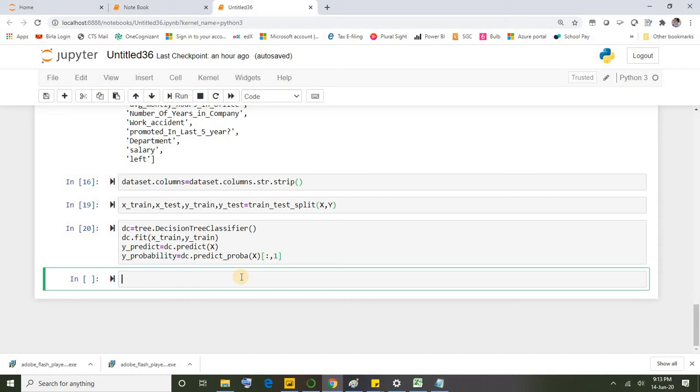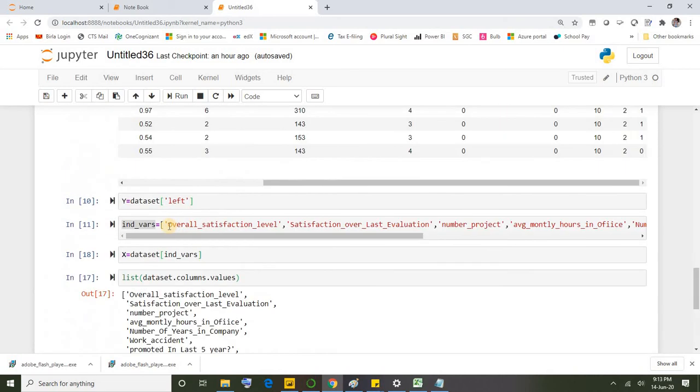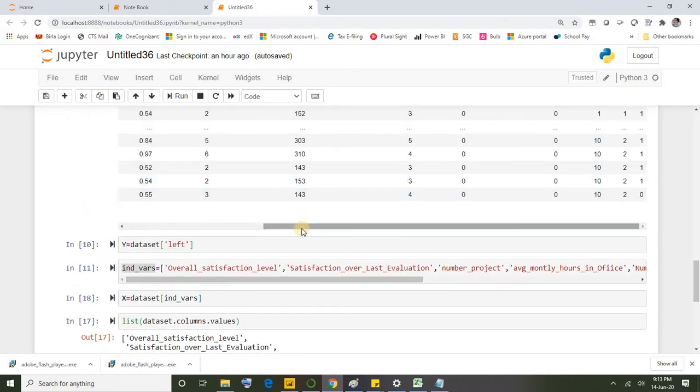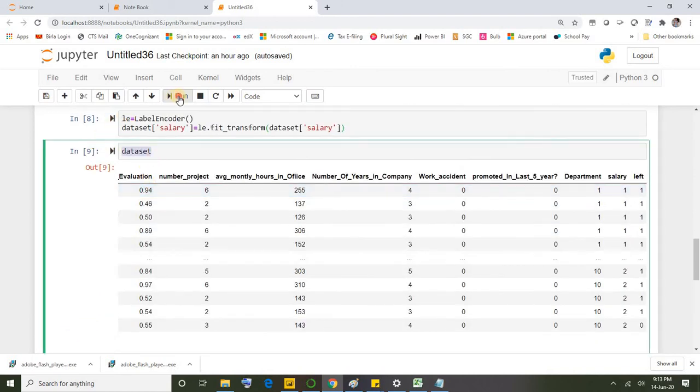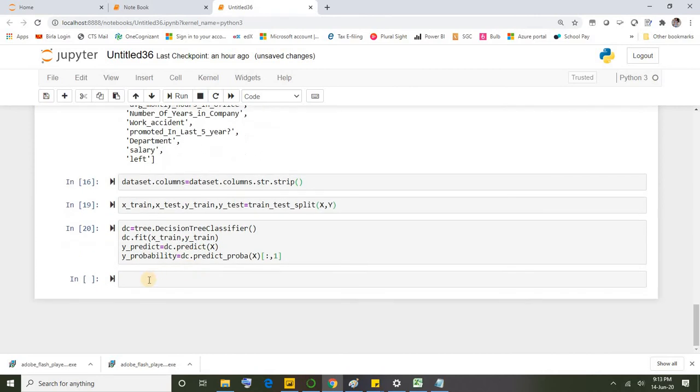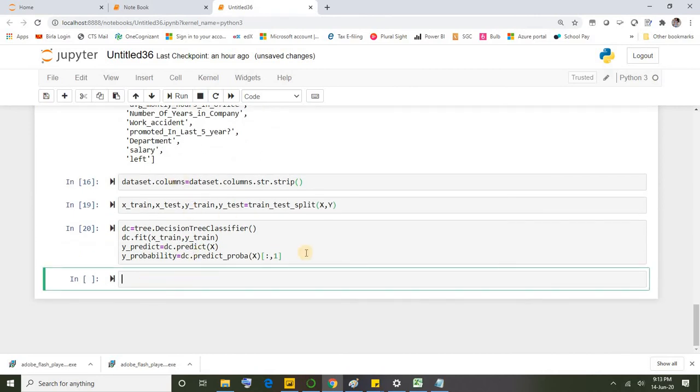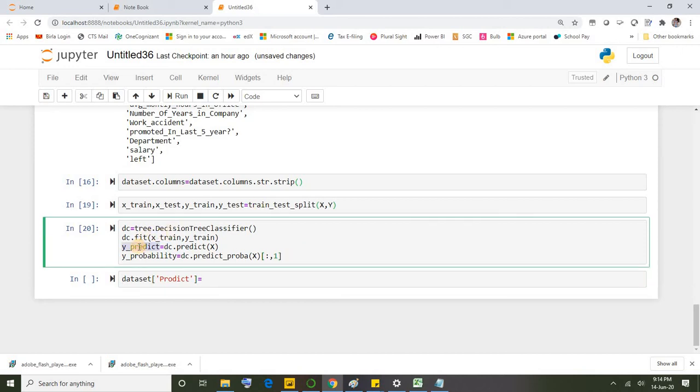Okay, all done. If you look at the dataset currently, we don't have these prediction and probability columns in our dataset. Let's add those two columns to our dataset. How can we do that? Dataset. I'm gonna create one column called predict, and for that I'll be passing the value from the variable that I just created, that is y predict.